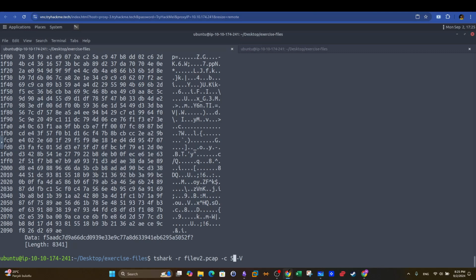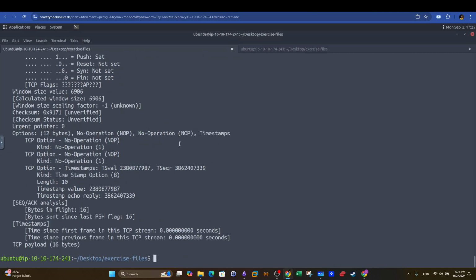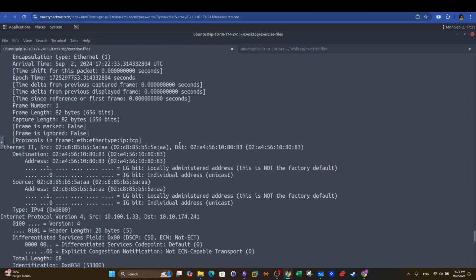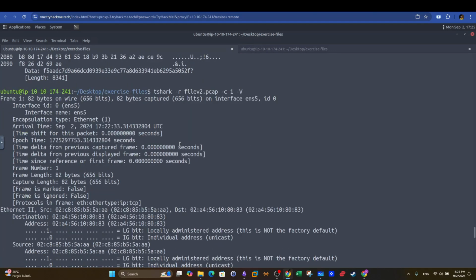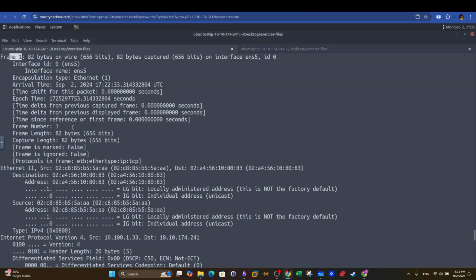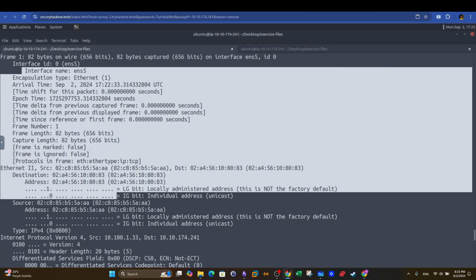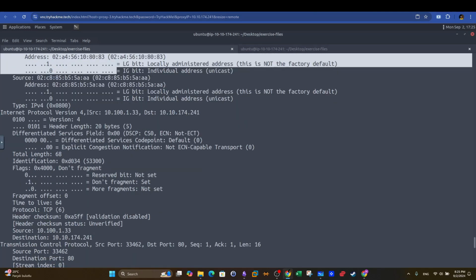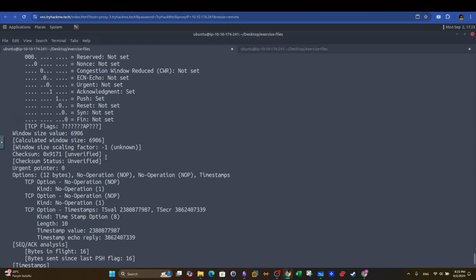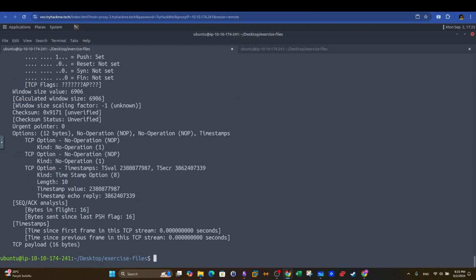You can start with the first packet. As you can see, we have detailed information about the first packet. See now, it is packet or frame number 1. And we have similar detailed information that can be viewed also using Wireshark. You see in the packet details, this information can also be viewed using the packet pane in Wireshark GUI interface, right? So this is a detailed view of the